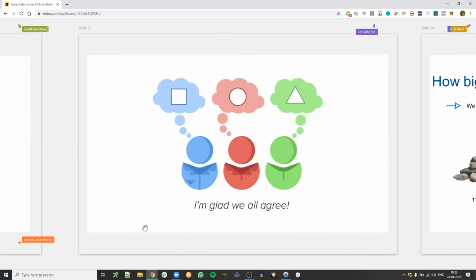And that's the picture that summarizes this problem for me, where someone's thinking about a square, someone's thinking about a circle, and someone else about a triangle, and then we have this illusion that we all agree. In my experience, this happens quite a lot.